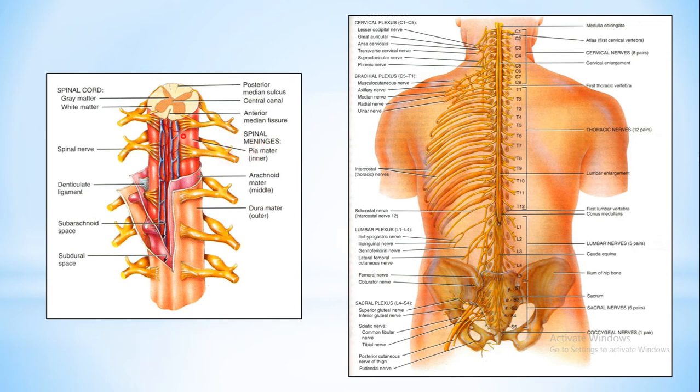Pia mater, which is found interiorly. Then comes the arachnoid mater, which is the middle layer, and the outer layer is known as the dura mater. So there are three layers which are protecting your CNS. Your brain and your spinal cord are protected by these meninges, which form the protective layer. In between these layers there are specific spaces which are filled with cerebrospinal fluid or fat, so that they provide protection to your spinal cord and the brain. So we will focus here more on the spinal cord.